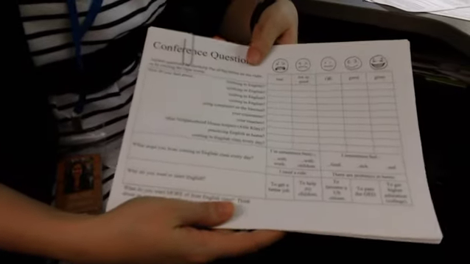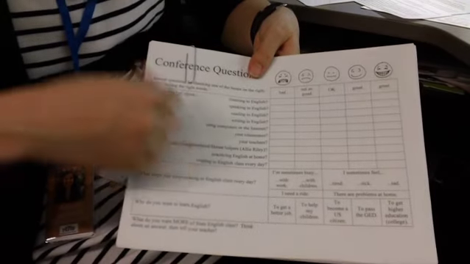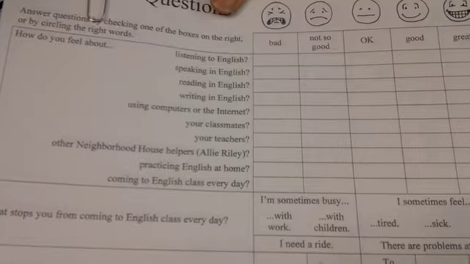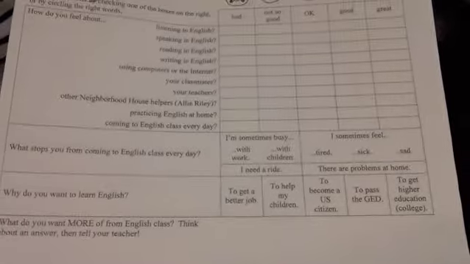So Rachel, what kind of planning tool do you use? Like, how do you plan for your lessons? So first I hold quarterly conferences to get a broader idea of what transitions we're going to be focusing on in work. So student conferences, we fill out a chart that looks like this, and I check in with students with how they're feeling about different modalities of English, as well as using computers, working with their classmates, utilizing staff resources, also their attendance, or just identifying their main goals. So that's one of the ways that I